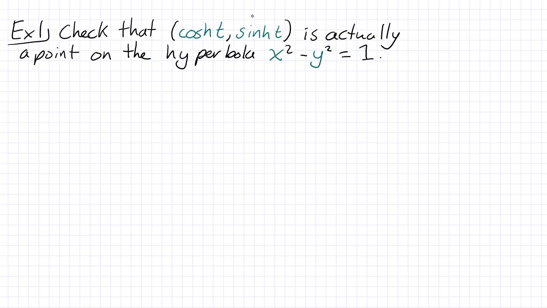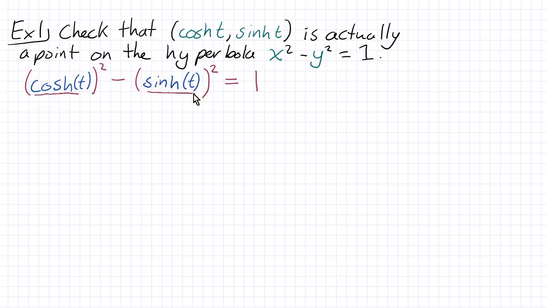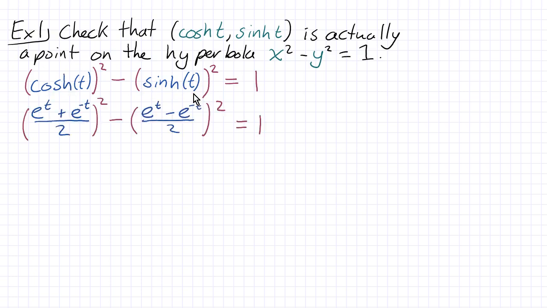So let's do that one here. I'm going to just replace the x coordinate here with cosh of t and the y coordinate with sinh of t, and use the definitions for those functions. Here's that step with just replacing the x with cosh of t and the y with sinh of t. Now I'm going to replace each of these things with the definition in terms of the exponential functions here,